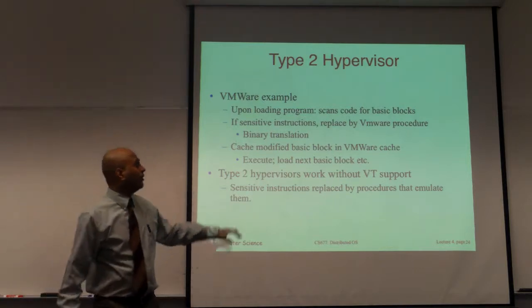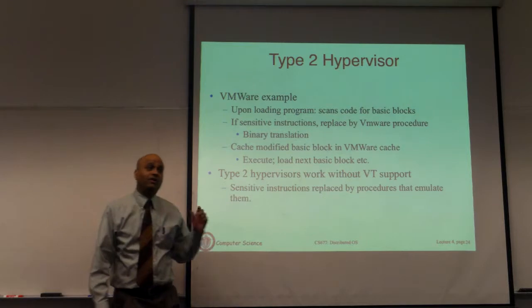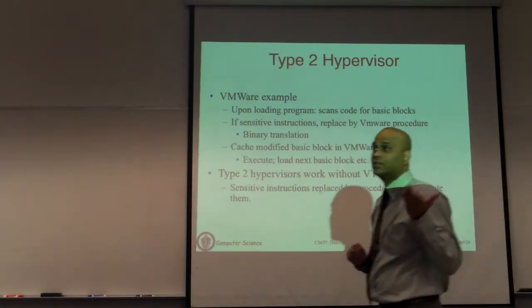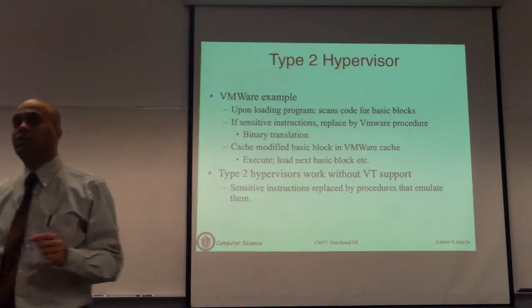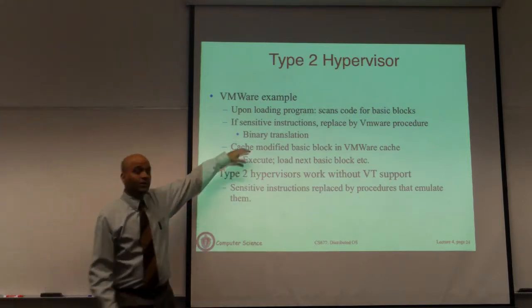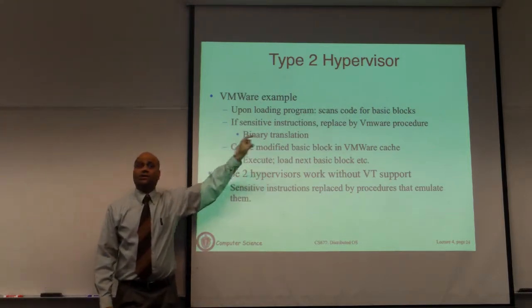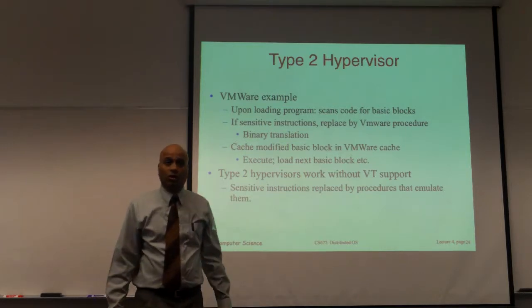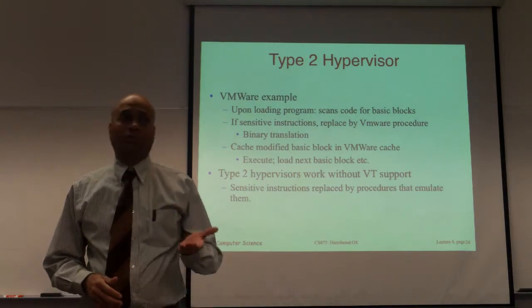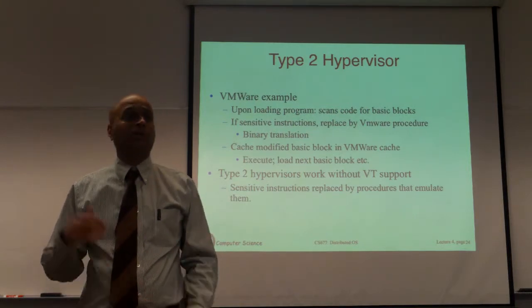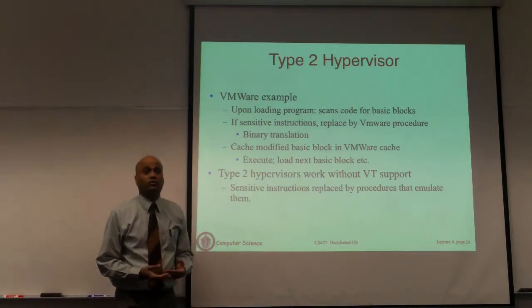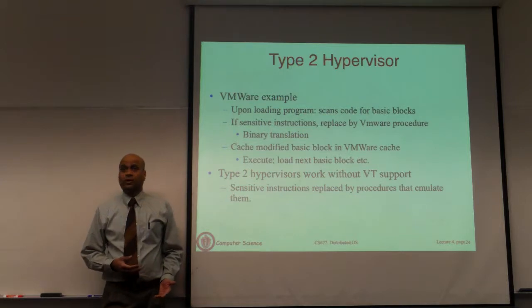So what's happening is you have what's called binary translation. It's on-the-fly translation of the code of the operating system. You are actually scanning the code as the code is executing. Every time you see a sensitive instruction, you replace it with a function call. When the OS actually executes, it's not going to execute the original instruction. It's going to execute the translated call. That call is going to go into the hypervisor and tell the hypervisor what the OS needed to do. The hypervisor will then actually make a system call to the underlying OS to make the necessary calls. Okay, so two levels.